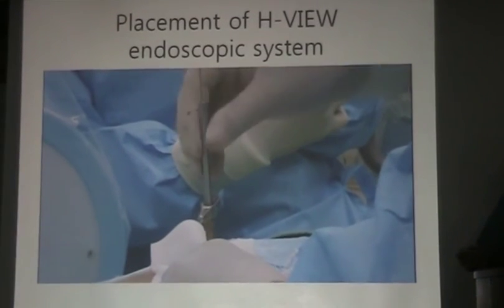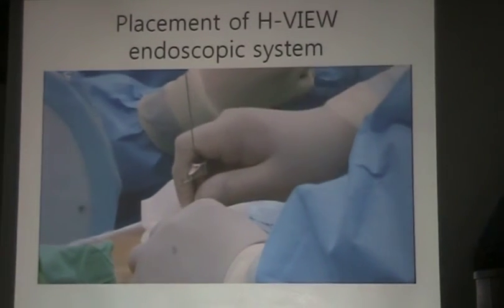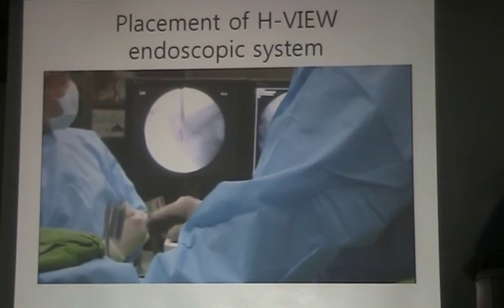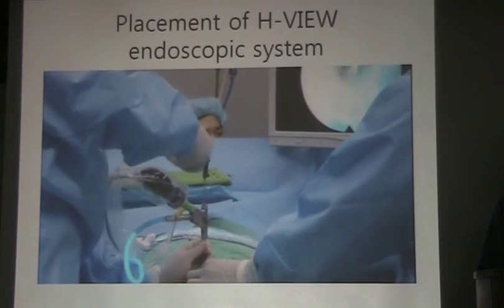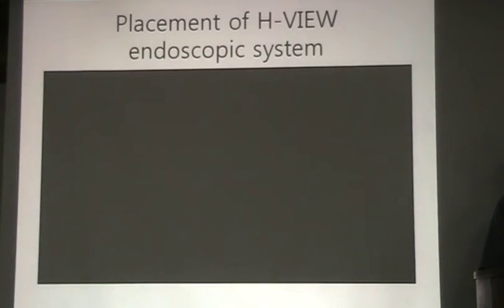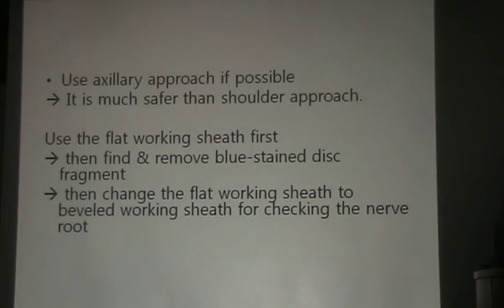And working tube insertion, remove the obturator and stylet. Then dissector, placement of the working tube. Remove the blue stained extruded disc. And you had better use the axillary approach if possible. It is much safer than the shoulder approach. And use the flat working tube first, then find and remove the blue stained disc fragment, then change the flat working tube to the bevel type working tube for checking the